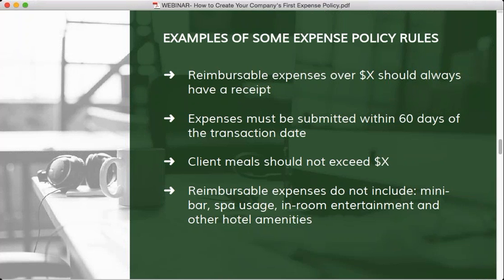Yeah, that's so interesting because I've totally heard of all of those types of examples. I think the thing that really resonates with me is that when you have a very detailed policy that tries to literally cover every single possibility, then in the employee's mind, it seems like, oh, well, if this policy is so robust that it covers every single thing, then if I'm able to submit it, it's probably going to be totally fine because it's so detailed that I shouldn't even have to think about whether it's okay or not. Whereas if you have a very clear one, but you at the same time